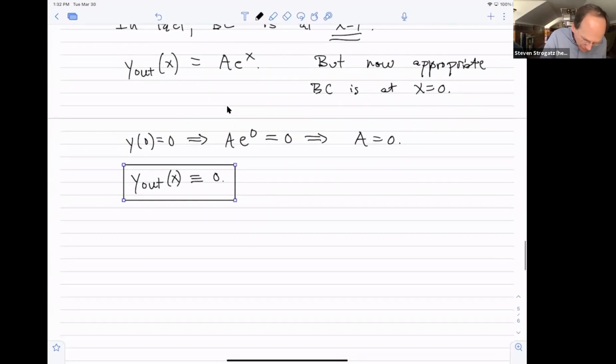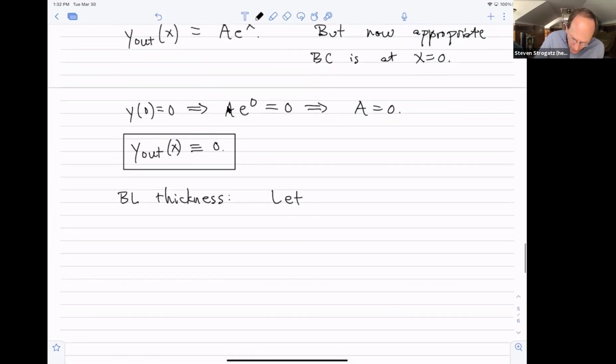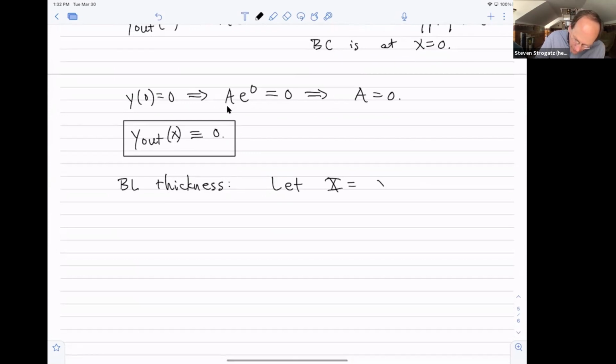Now, again, let's do the boundary layer thickness calculation to see what's happening in the inner region. Now, what's the difference? We're thinking now that the boundary layer is at x equals 1. We're sort of used to thinking of letting positive X go to infinity as we go from the beginning of the boundary layer out to the end of it. So I'm going to reverse orientation on the x-axis. Might seem a little weird to do that, but I think it's most natural.